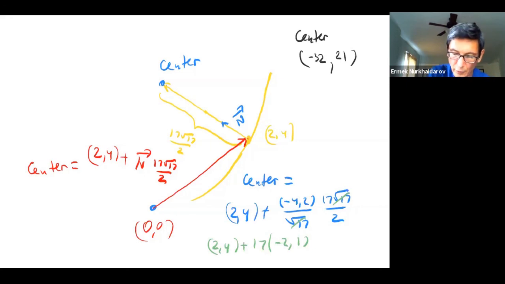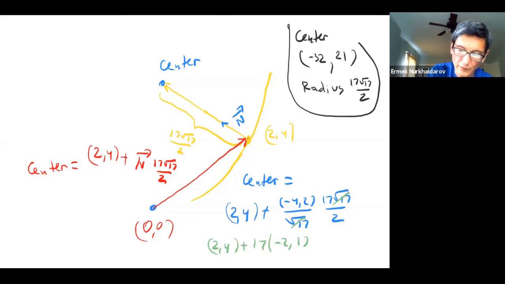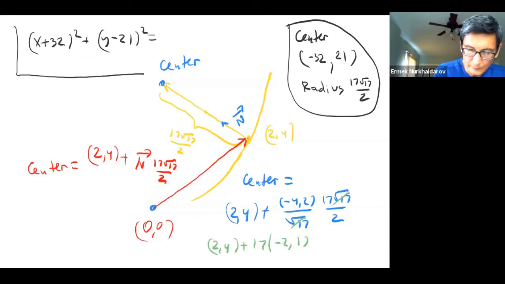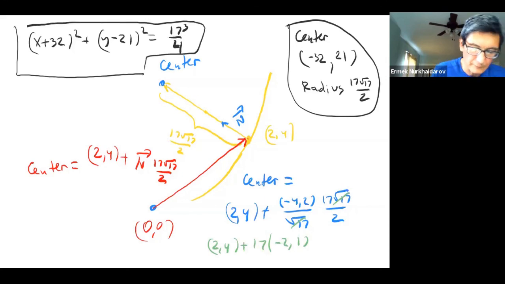So we got the center, we have the radius, 17 square root of 17 over 2. And if you know that piece of information, we should be able to write down the equation of the circle. So x plus 32 squared plus y minus 21 squared equals 17 cubed over 2 over 4. Okay, something like this. At least that's what I could